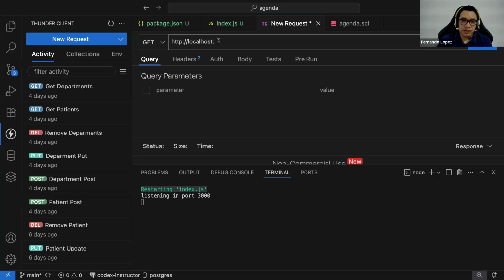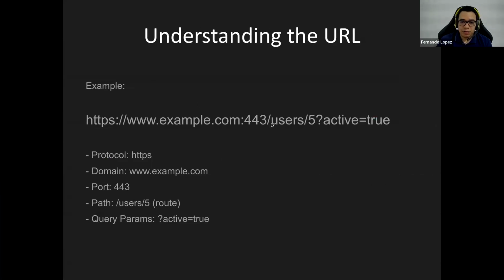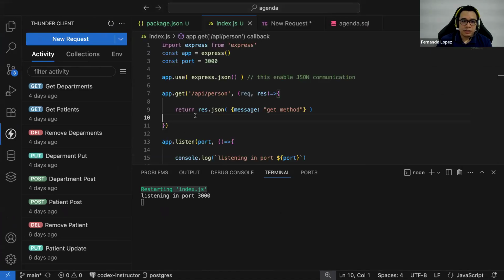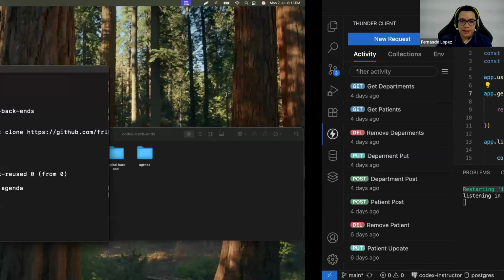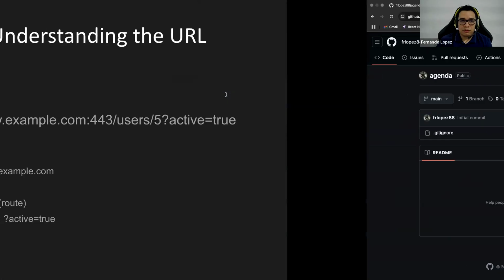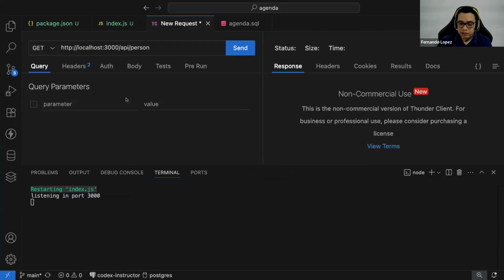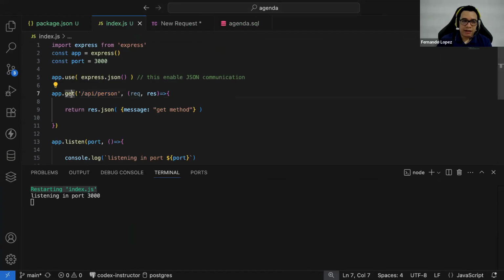Now, the project is served on port 3000, or it's listening on this port. And the route that I created, as you see, the parts of the route are these ones. It's the path, it's the route. Right now, the only route that I have is the route API person. So in the URL, I will put the API person route, and the method that I will be trying to hit is going to be the get method, because that's the only one that I have in my backend. As you see, let me show it. This is the only method that I have set up right now.